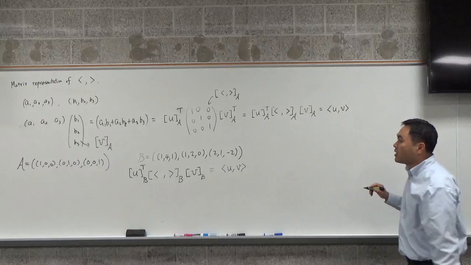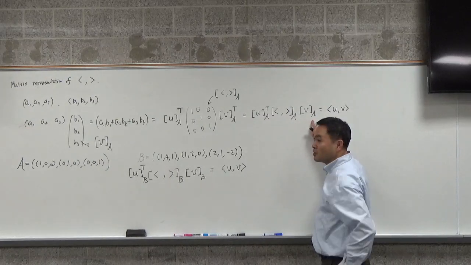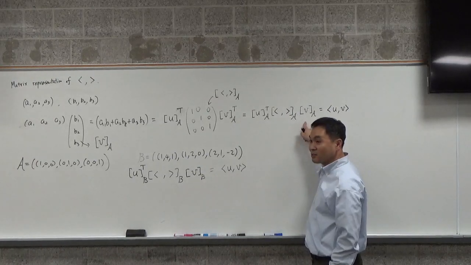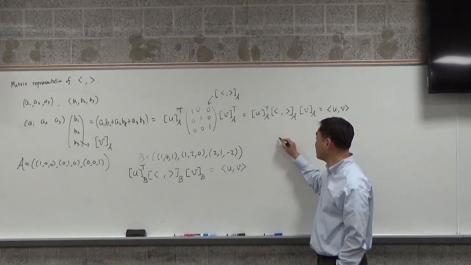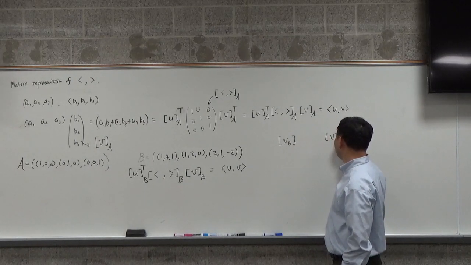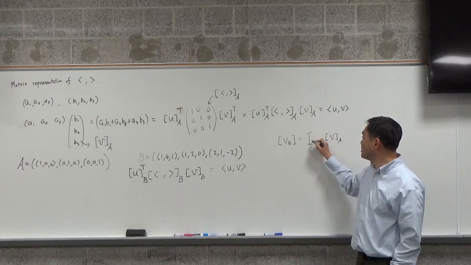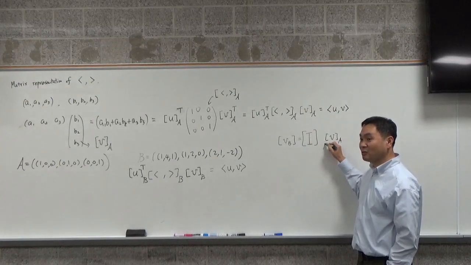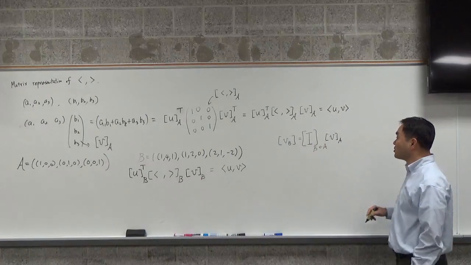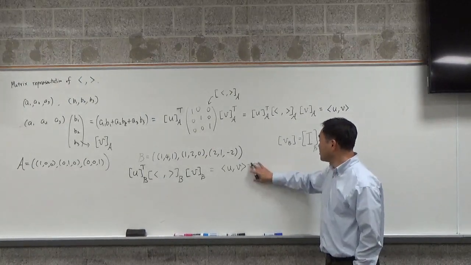Okay. But then think about this. If I already have this, I know how to go from VB to VA. Do you remember how to go from VA to VB? You apply the identity, but the one that changes basis A to basis B, right? This changes things, right? So what we can do is we can take that and then